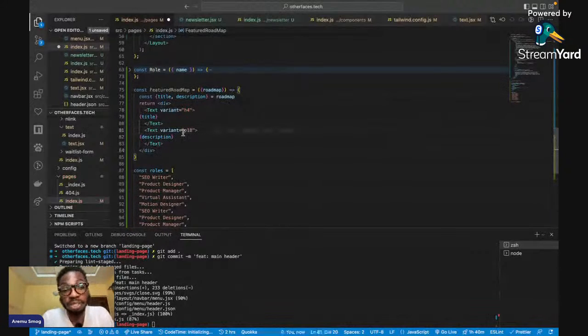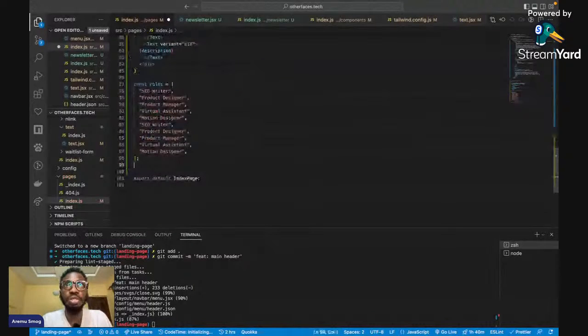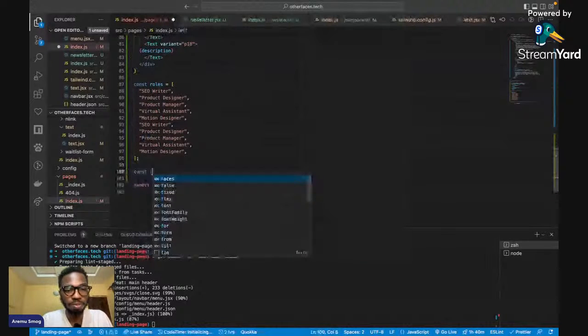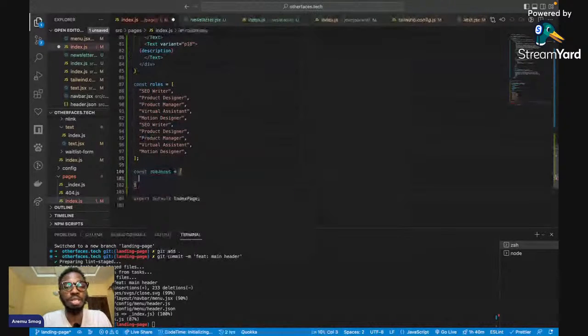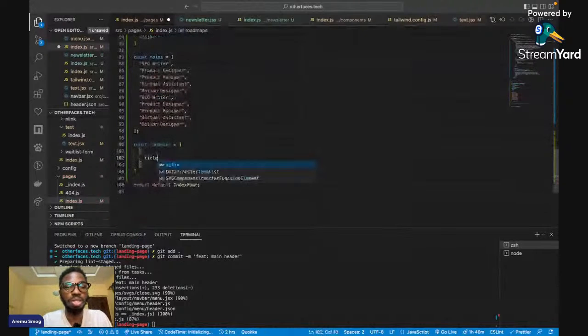Whatever. Featured roadmap, right? Then the description. So I'm just going to do a bunch of featured roadmaps here. I'm just going to do roadmaps. It's an array. Then we have a title and a description. Title is product design. Description is